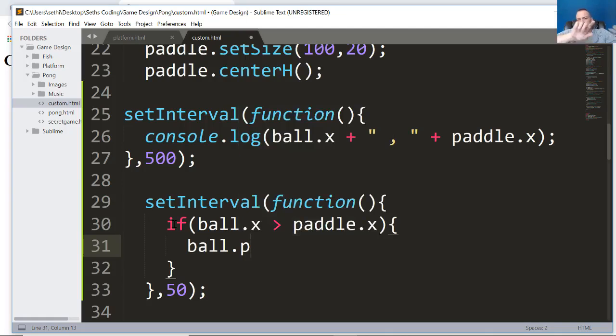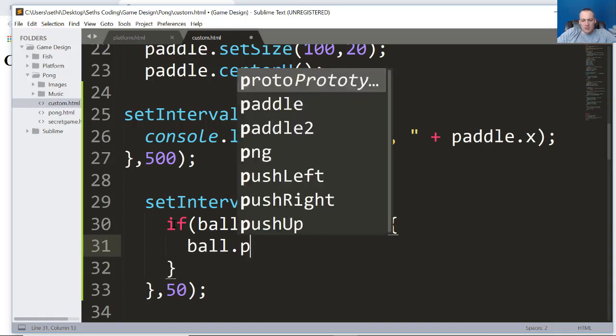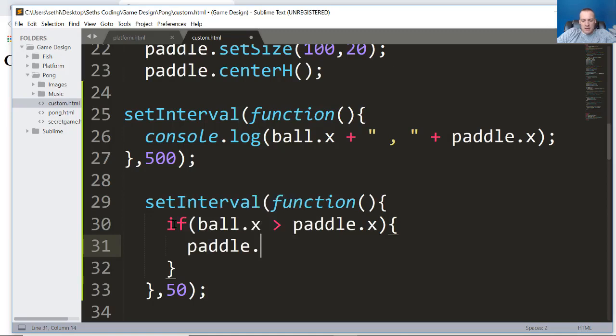So x increases as you go right. It starts at 0, and it gets larger as you go right. I'm actually moving to the right. It might look left. I don't know how the camera reversal stuff works. But we want to push, not the ball, we want to push the paddle